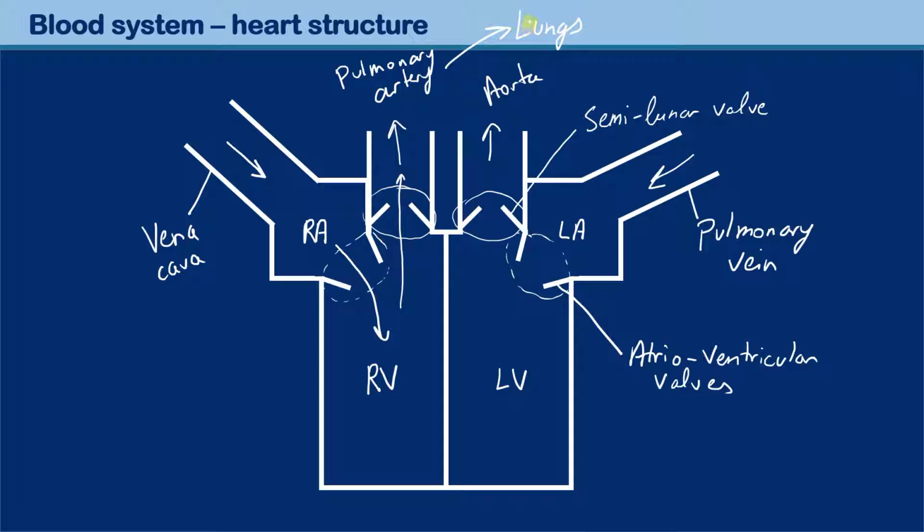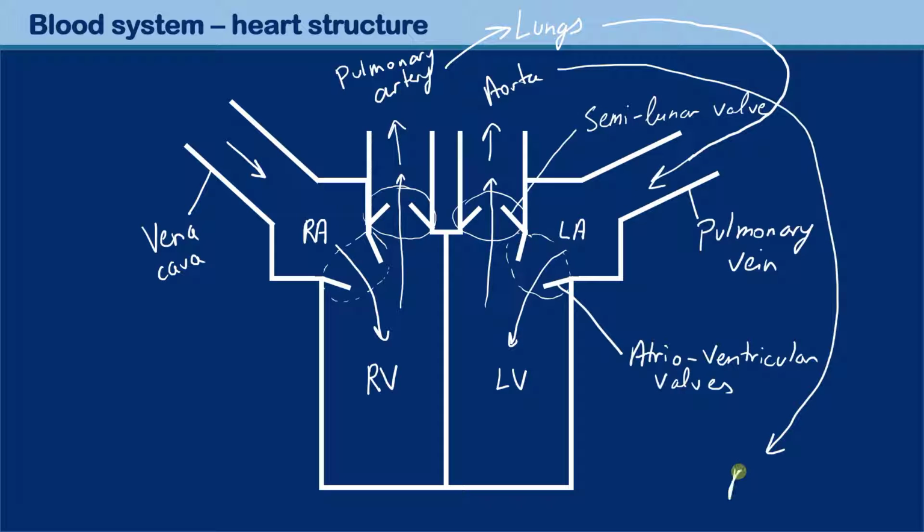At the lungs it picks up oxygen, carbon dioxide is removed, and it flows back through the pulmonary vein to the left atrium, the left ventricle, and then out through the aorta to the rest of the body. Now I'm going to make a big arrow all the way down here. I write down body, the rest of the body,